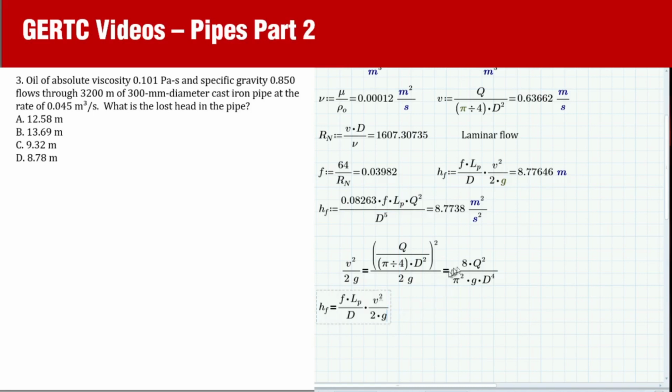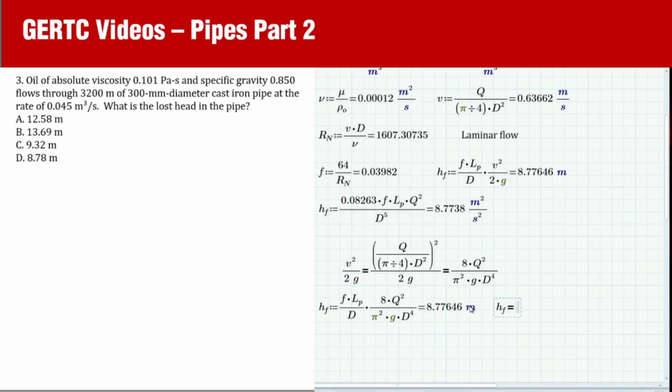Tapos ito siya, palitan mo ng ganito. Ayan. Tignan mo yung result niya. Meter na siya. Okay, you might have seen this in my book. Okay, ito yung normal ko na